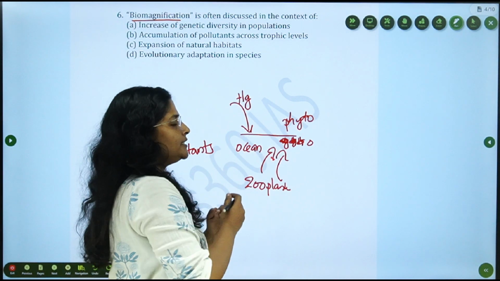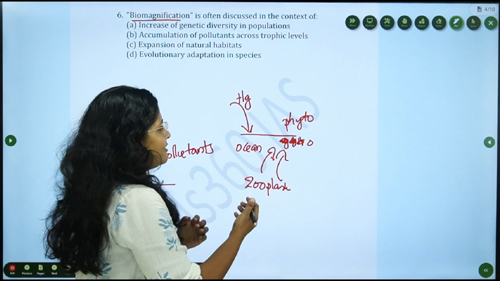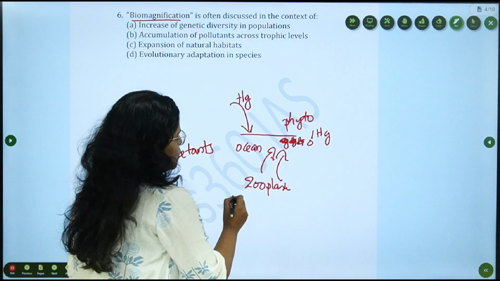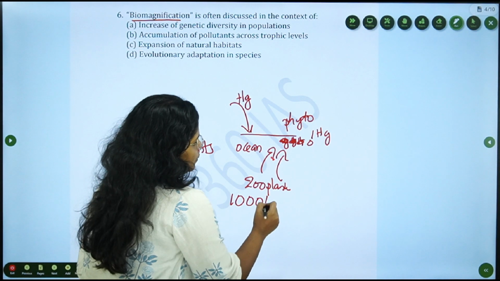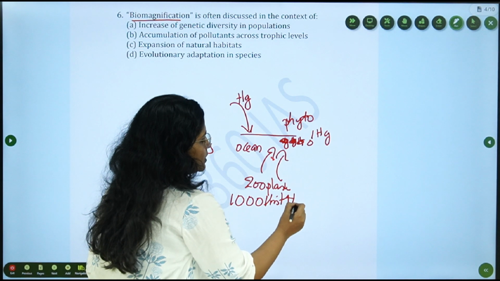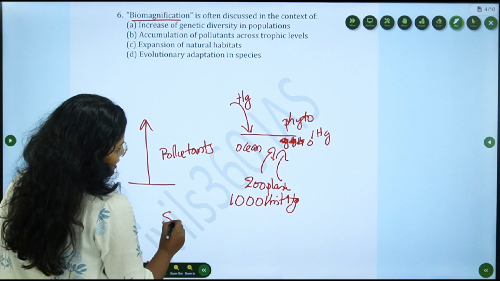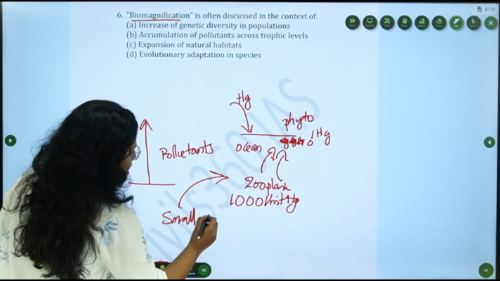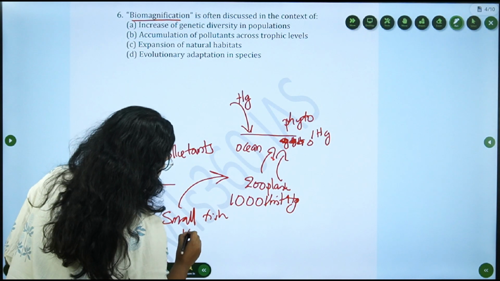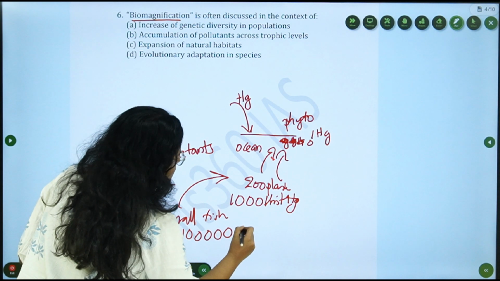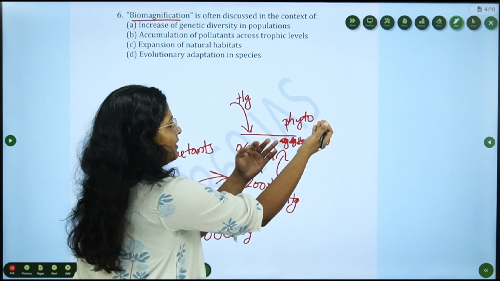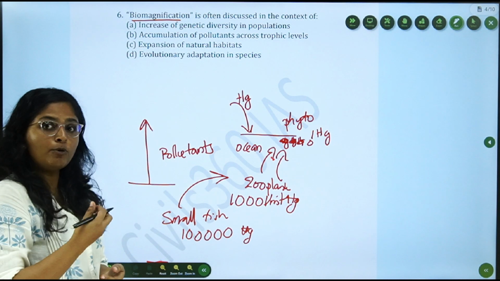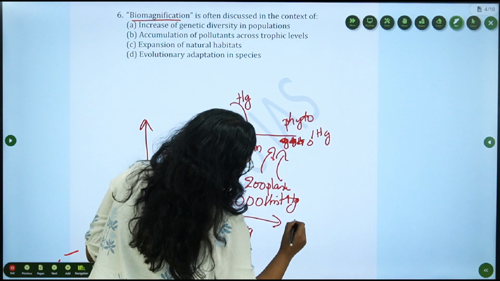one zooplankton may eat thousands of these phytoplanktons, right? If 1 unit of mercury was in each phytoplankton, this zooplankton will get 1,000 units of this mercury. When small fishes come and eat hundreds of zooplankton, these small fishes will get 1,00,000 units of mercury. So just imagine there is only 1 unit of mercury in each phytoplankton, but it reached up to 1,00,000 in a small fish, and it will get increased to